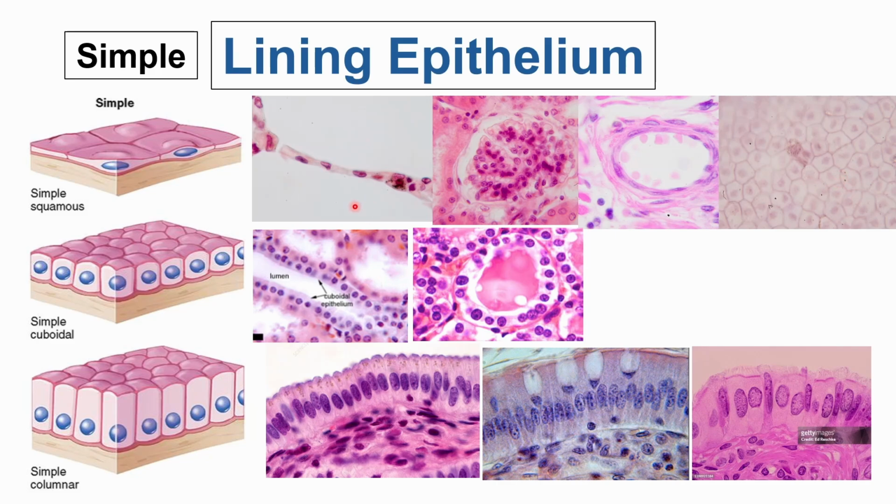For the cuboidal, it's basically almost the same as your simple lining epithelium, but the cells are somewhat a little bit taller this time. And again, you would have your lumen. So this would be your basement membrane, and this would be your epithelial cells. Lumen, and the lumen is actually not just a space this time, but it contains the secretions of these cells. So, this would be the apical surface, this will be the basal surface of the cells, and this will be your basement membrane. Okay?